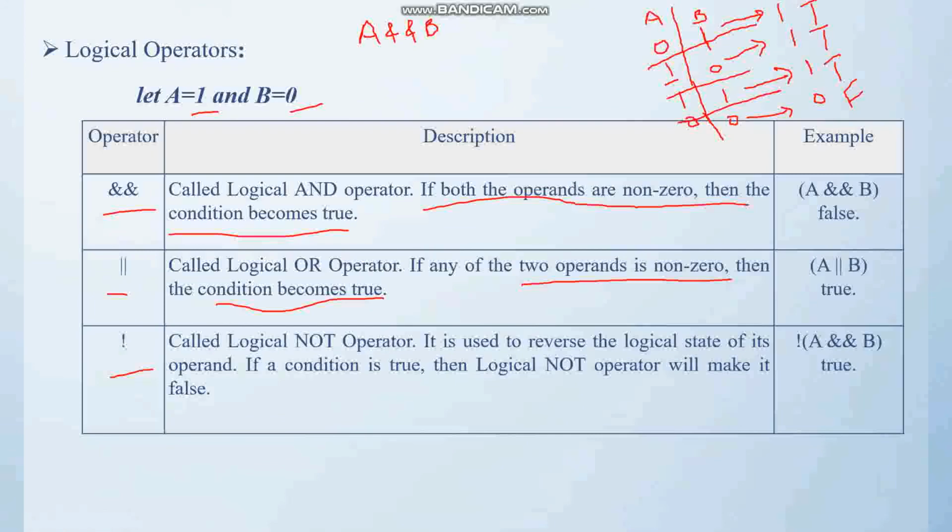Now the logical NOT operator simply flips the bit. Flip the bit means if A is 1, and I perform NOT of A, then it will flip it to 0. We can say that it flips from true to false. So this is the logical NOT operator.